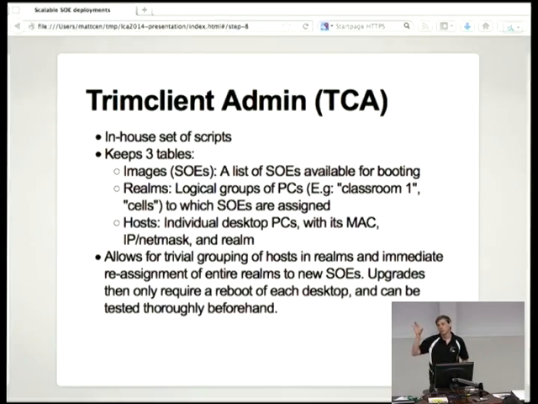And then we've got a table which lists all our hosts, and it's got the host's hostname, the IP address, the MAC address, and the realm that host is assigned to. So you can say, all right, all these hosts in this classroom are assigned to the classroom realm. And then